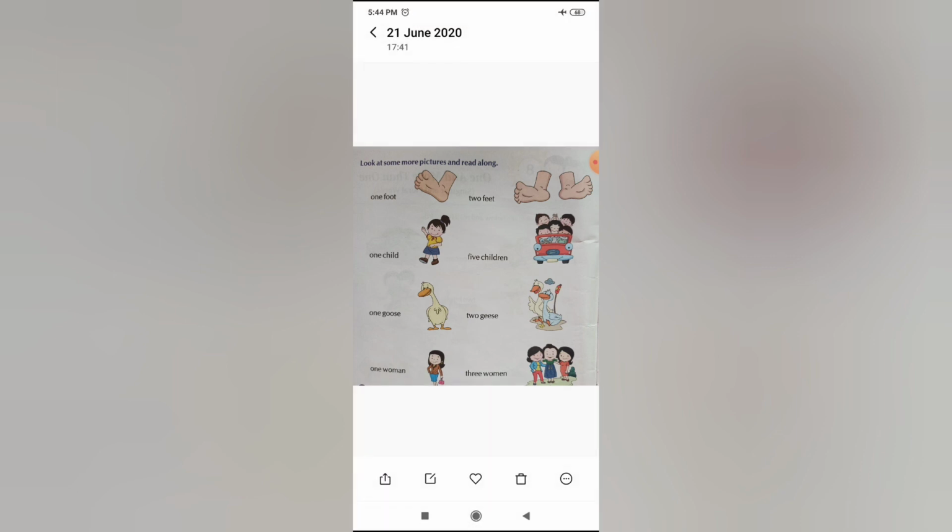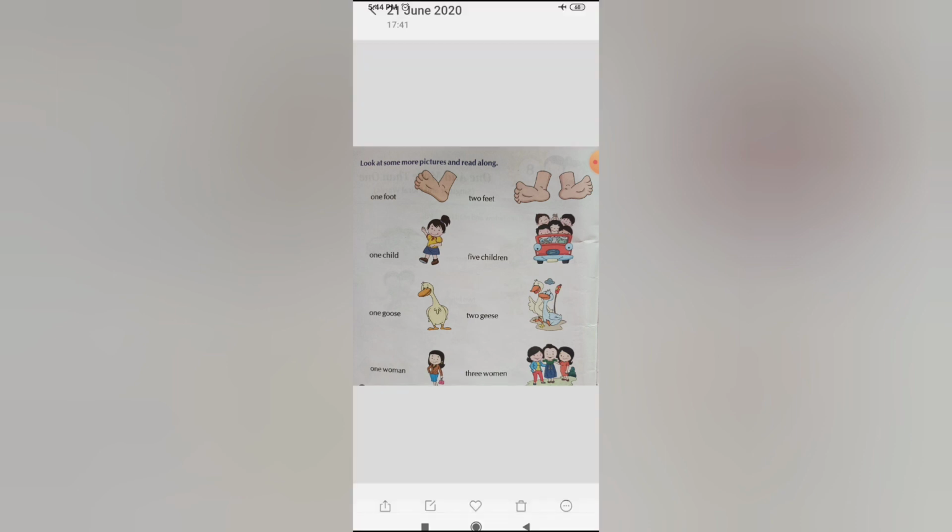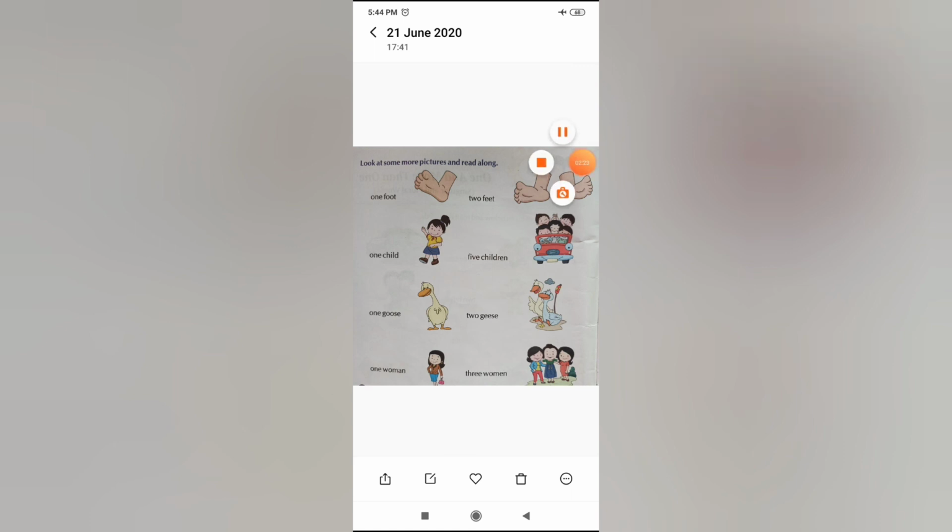So there are some exceptions in the English language. When the noun changes from singular to plural, for some nouns we have to add S. For some nouns we have to add ES. While there are some nouns which change the vowels inside them. Also there are some nouns which don't change inside but get some new letters added to make themselves plural. I hope all of you have understood how to change a singular noun into a plural noun. Okay?